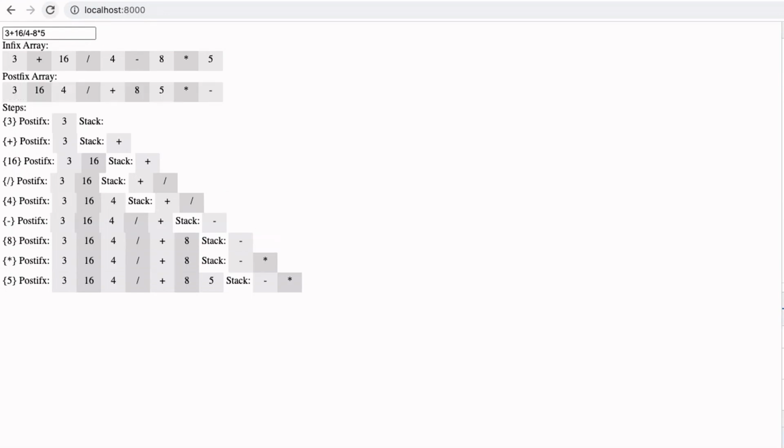To postfix 3 plus 16 divided by 4 minus 8 times 5, we first push the 3 to the postfix array. Then the addition is added to the empty stack for later. Then 16 is added to the postfix array. Division is added to the stack because it has higher precedence than addition. Then 4 is added to the postfix array. Now for subtraction, the precedence is lower than division, so we move division to the postfix array. Then addition becomes the last operation in the stack, and its precedence is the same as subtraction, so we move